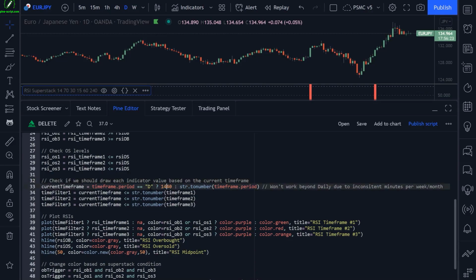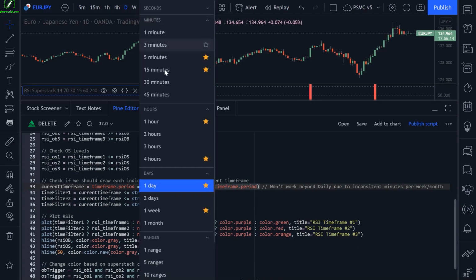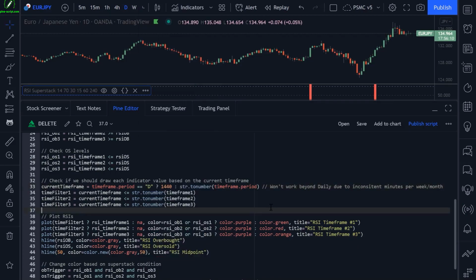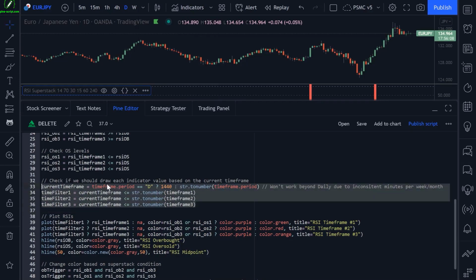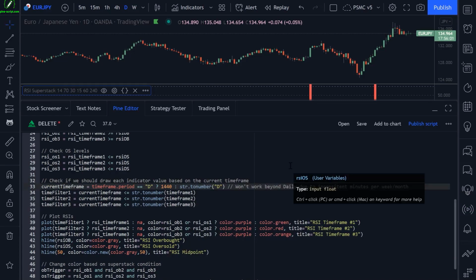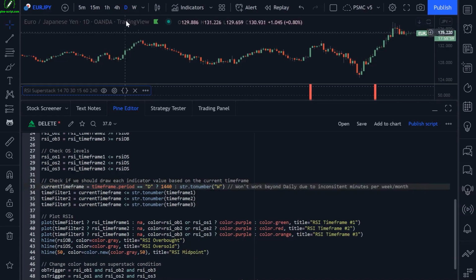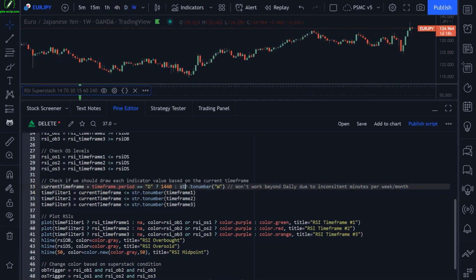If we are on any other time frame other than D, then this code will be executed. And if that other time frame is anything higher than a daily chart, so a 2-day chart, a weekly, monthly, and so on, this little code block here will not work because the toNumber, when it tries to convert a letter like D, or sorry, weekly would be a better example. If we're on the weekly chart, then this string.toNumber function will return NA because there is no numerical equivalent for